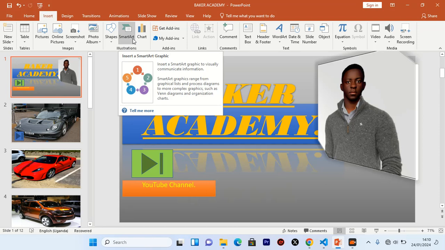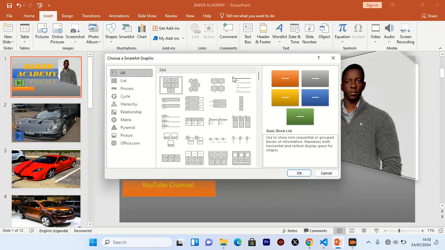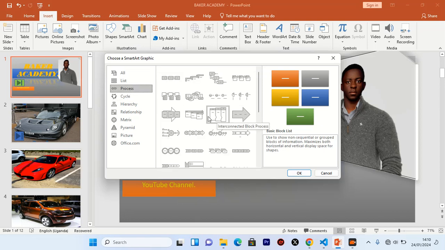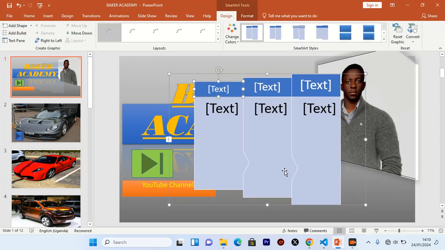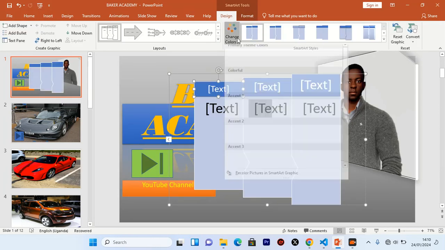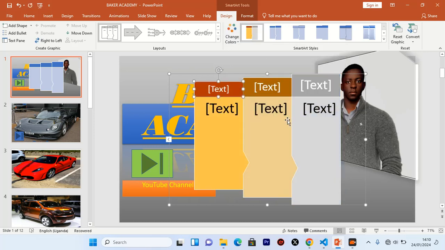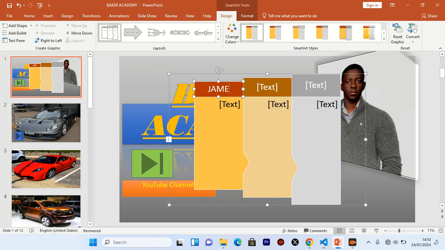This one I already talked about in the Home tab. Okay, I talked about it. You can click on it and select any SmartArt graphics that you need, then click on apply. Here you can try to redesign it. Click here, give it a color. I can say Baker, maybe James. Here I can say John,